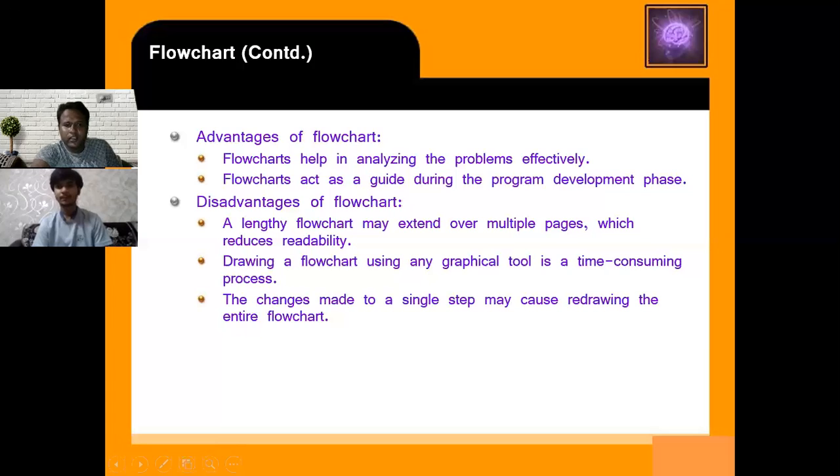The changes made to a single step may cause redrawing of the entire flowchart. If you make any kind of change in a particular step, then you have to redraw the entire flowchart. Clear?